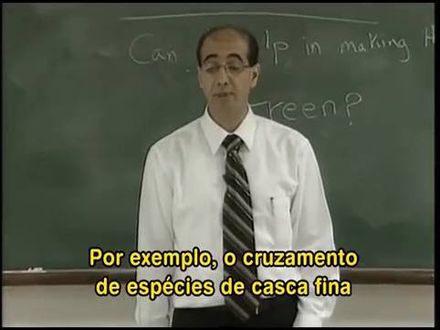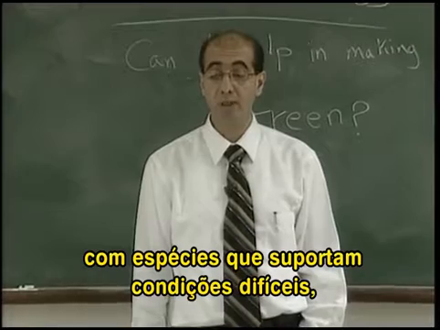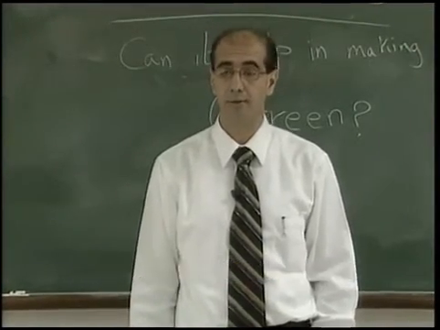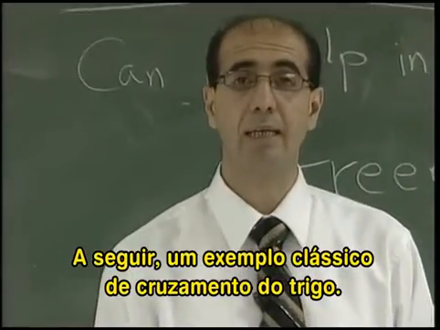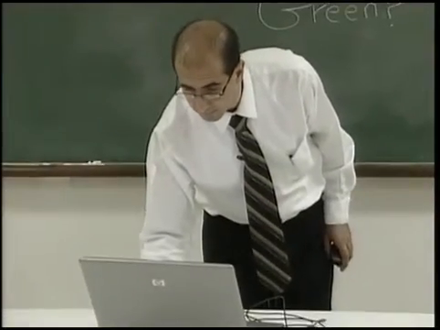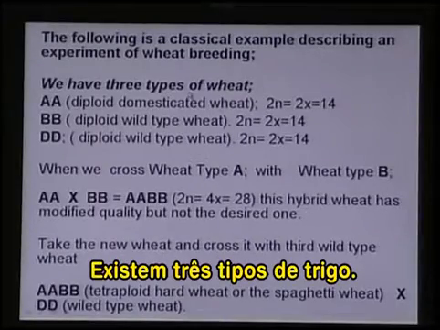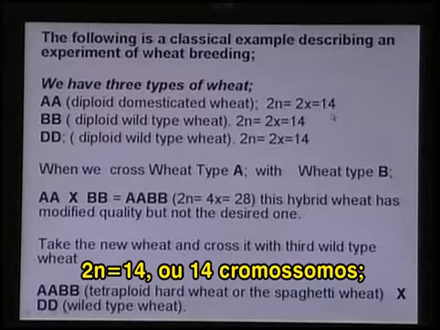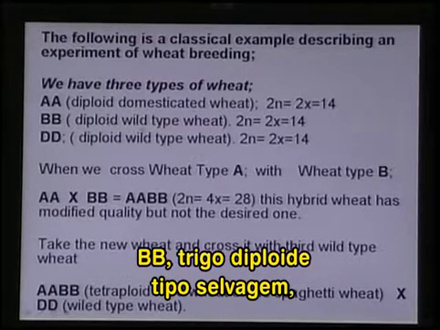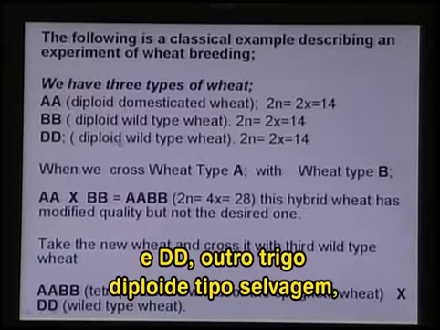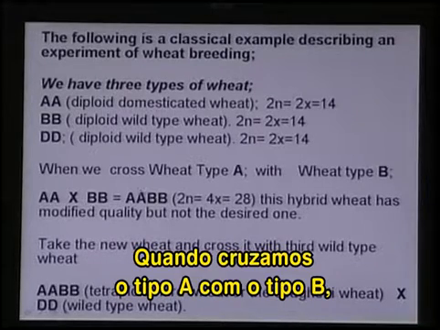For example, crossing a wheat species that has a thin hull with a wheat species that can endure harsh conditions such as extreme cold or heat. The following is a classical example describing an experiment of wheat breeding. We have 3 types of wheat. AA, diploid domesticated wheat, 2n equals 14, which is 14 chromosomes. BB, diploid wild type wheat, also with 14 chromosomes. DD, another diploid wild type wheat with 14 chromosomes. When we cross